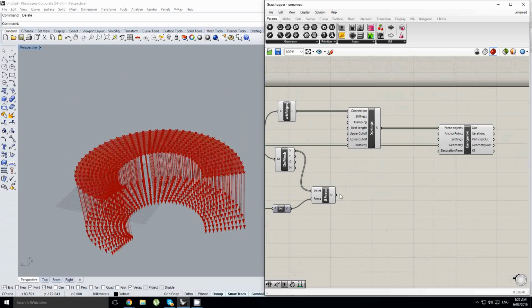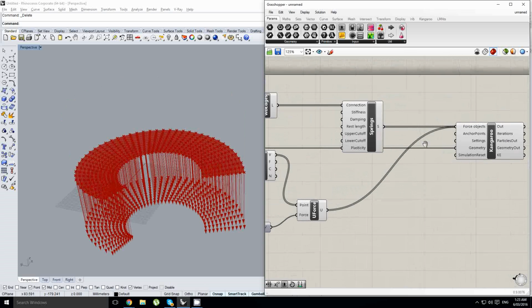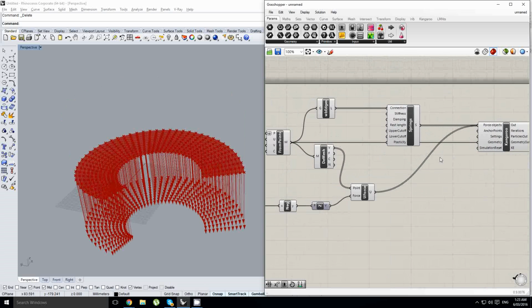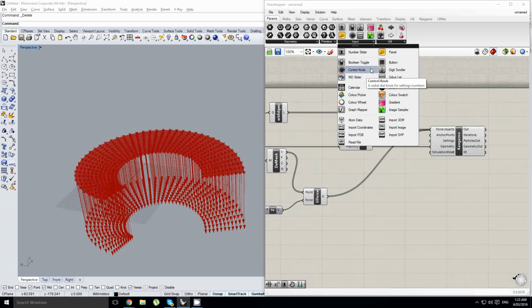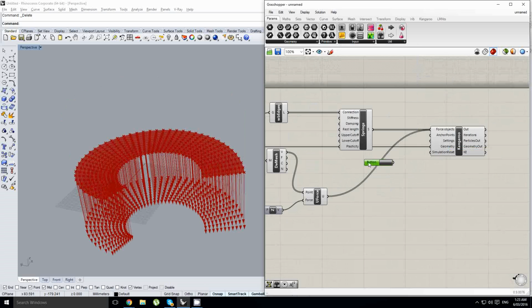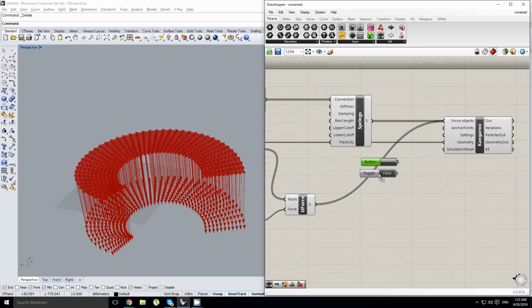Alright, so now our Unary Force can also go into the springs, into the force objects along with the springs, and now we can begin to test the simulation. We've got force objects in geometry, so we can see what happens. You can use either a button or a Boolean toggle. I prefer to use a button,